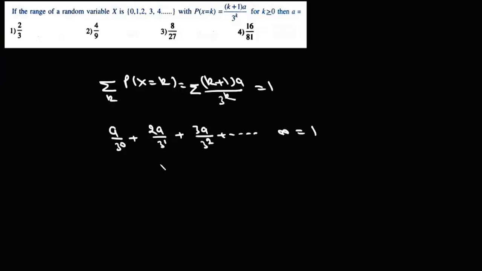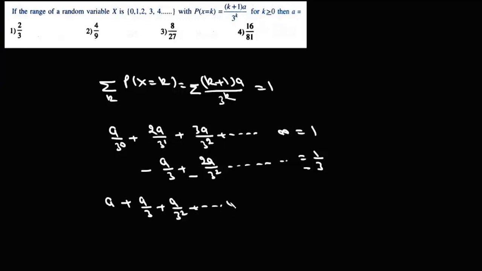अब ये सीरीज को एक बार और लिखते हैं, लेकिन एक टर्म छोड़ के और इसके कॉमन रेशियो 1/3 से मल्टीप्लाई करके। तो यहाँ 1/3 से मल्टीप्लाई करेंगे तो ये a/3 हो जाएगा, ये 2a/3 स्क्वायर हो जाएगा, और यहाँ पे हो गया आपका 1/3। अब सेकंड सीरीज को फर्स्ट सीरीज में से माइनस कर देते हैं, तो ये हो जाएगा a, ये कितना a/3, ये कितना a/3 स्क्वायर से लेके इनफाइनाइट तक,